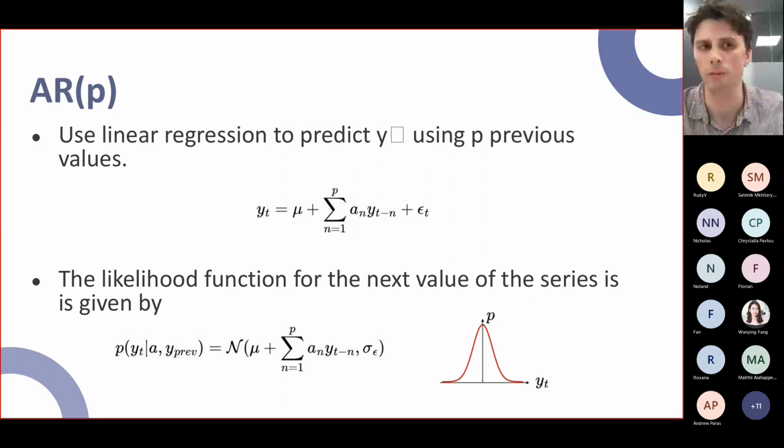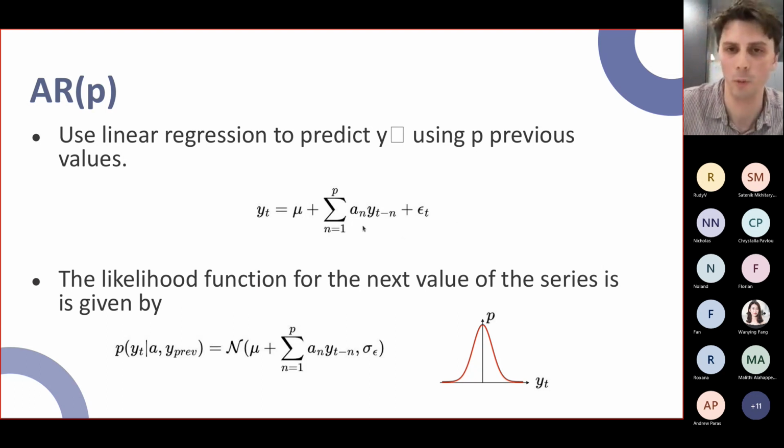One of them is AR(p). So, well, this is actually just like linear regression. AR(p) is an autoregressive model that uses p previous values of the series in order to forecast the next. So here we have some linear weighting of the previous values with some error term, which is normally drawn from a normal distribution. So when we want to forecast the next value in the series, we just draw from this normal distribution. And if we want to get some kind of confidence intervals about our prediction, well, then we can study the